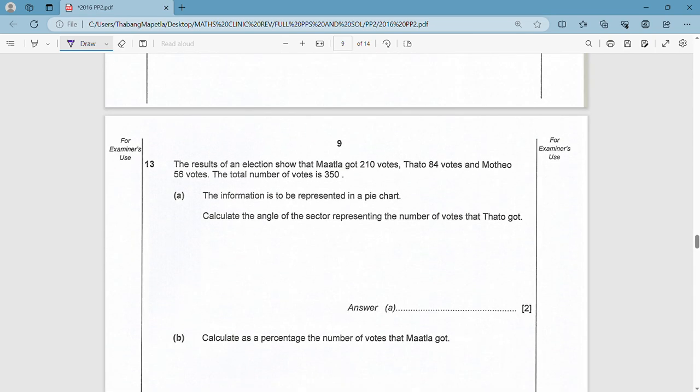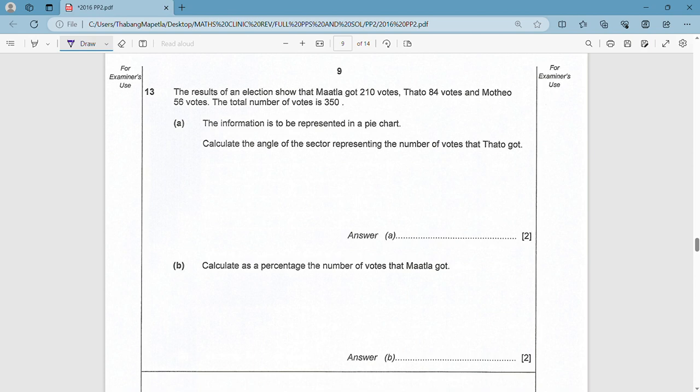So question number 13. Question number 13 says the results of an election show that Martha got 210 votes, Tato got 84 votes, and Motheo got 56 votes. So the total number of votes is 320. The information is to be presented in a pie chart. Calculate the angle of the sector representing the number of votes that Tato got. Tato got 84